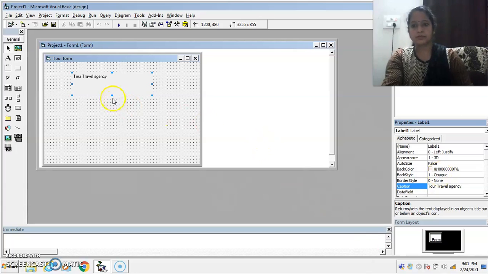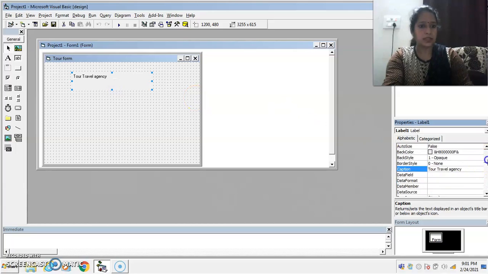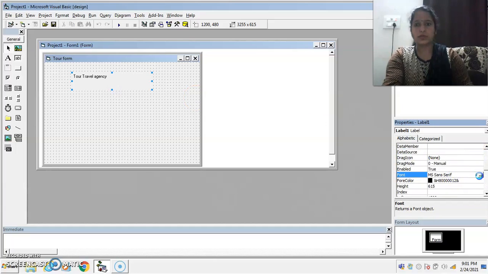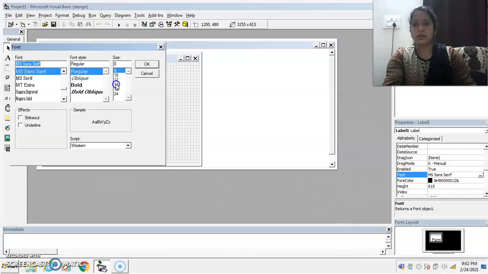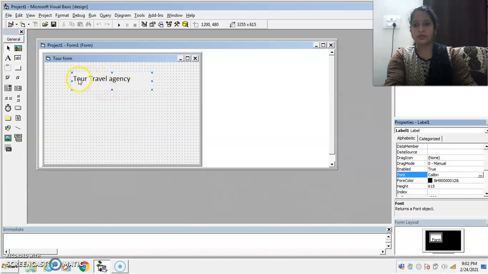Set its font style to suppose Calibri. Okay, and set the font size.